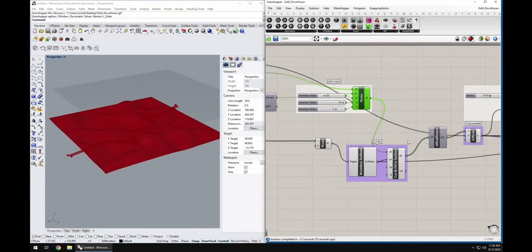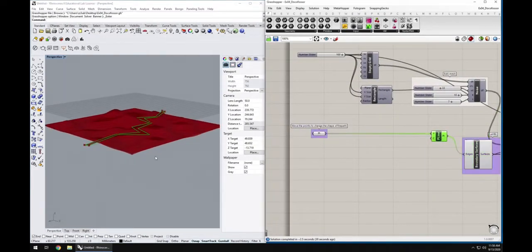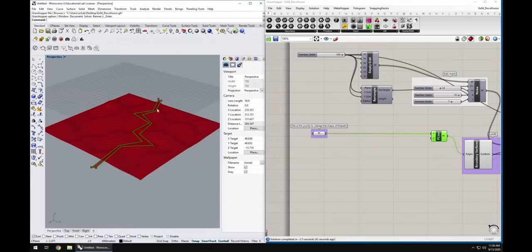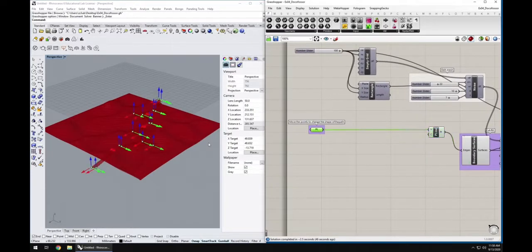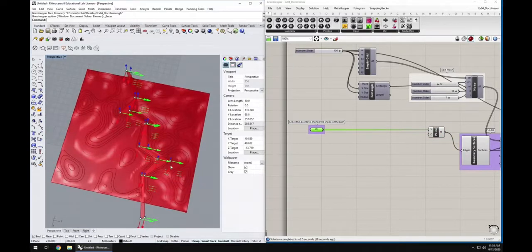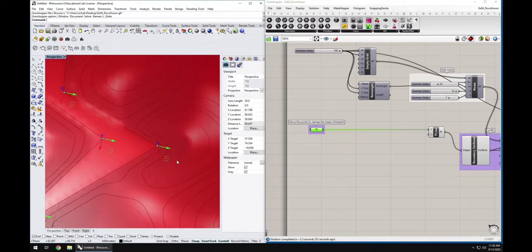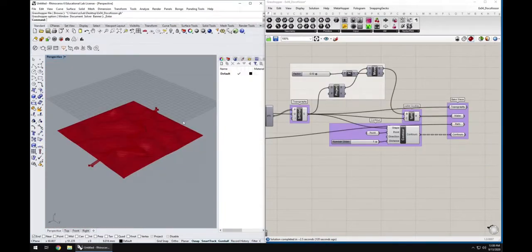Then I use cut and fill in surface to apply this path onto this topography. The path is actually constructed through multiple points. You can make changes to these points to give different shapes. So now what you want to do when you see this model is to go to Rhino and start to